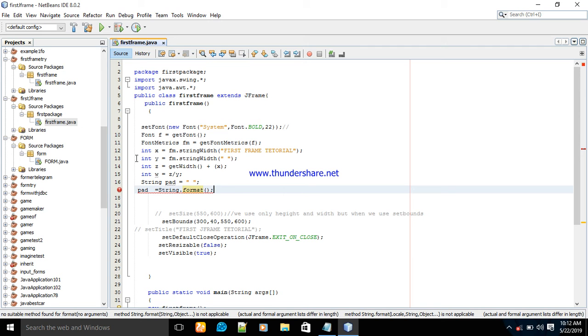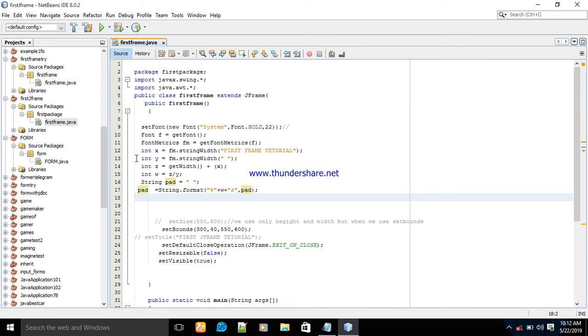Our string format like this, plus w plus like this s and comma the pad one, then shall value, then set it. It's come set title the last. Don't worry about these things; you will understand within a time. So let's continue: pad plus our name of this first frame